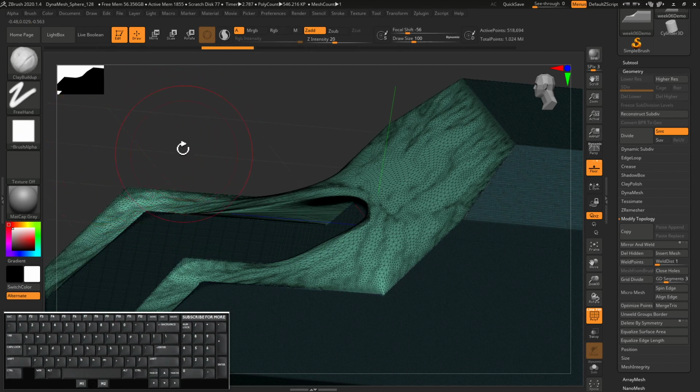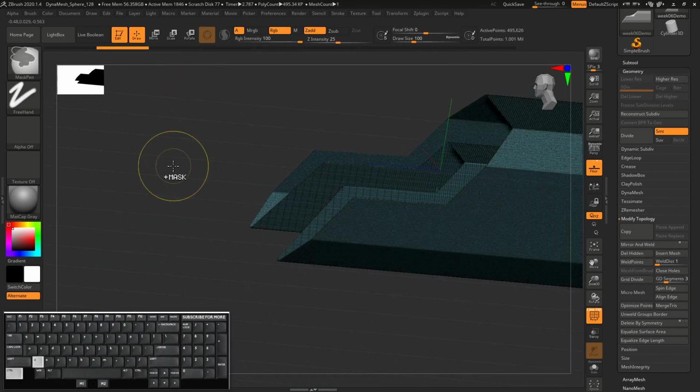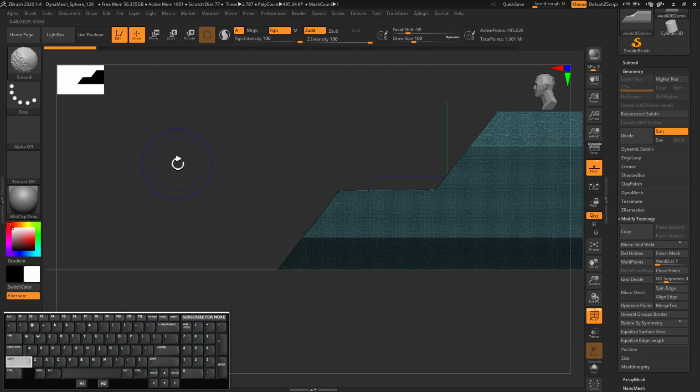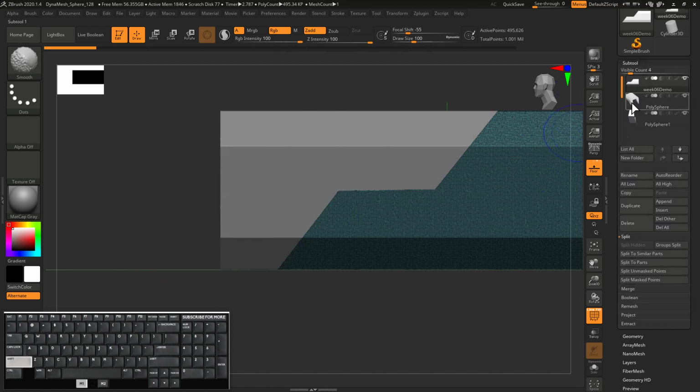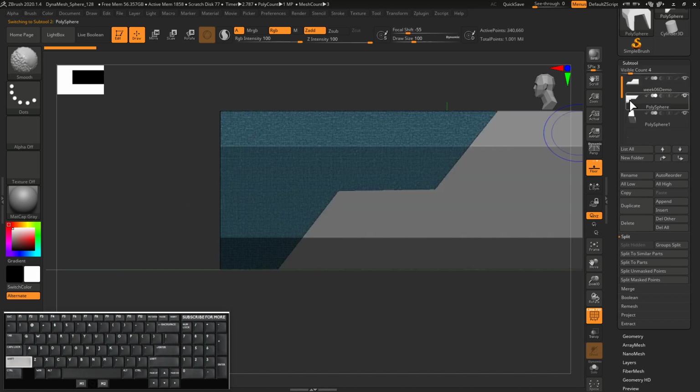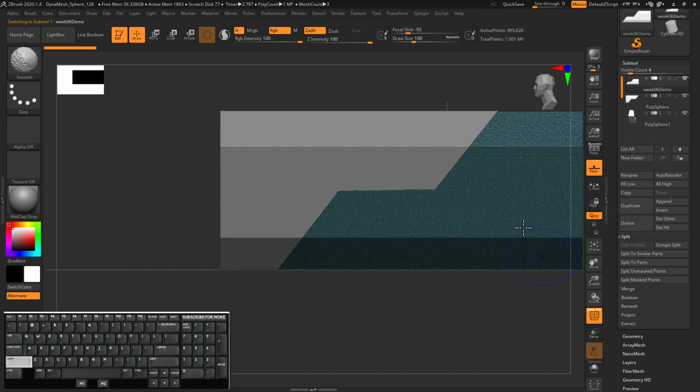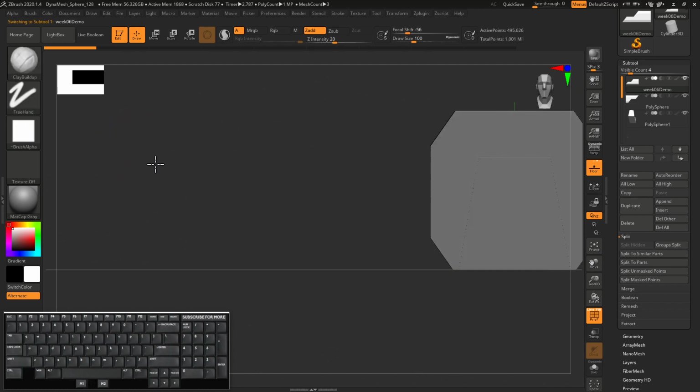Okay, let's ignore this for now. We'll come back to that and see if we can fix it later on. I think if we do the Dynamesh here, it would be the same. Perhaps what we could have done is create polygroups in advance and then clip them. Yeah, you're gonna have extra stuff. Well, this is what happens when you start doing stuff without planning it. You see, this is the problem. Anyway, I don't think I can undo this. Okay, ignore this a bit for now. Let's continue with all the stuff that's a bit more